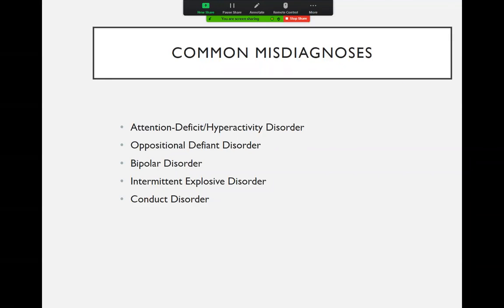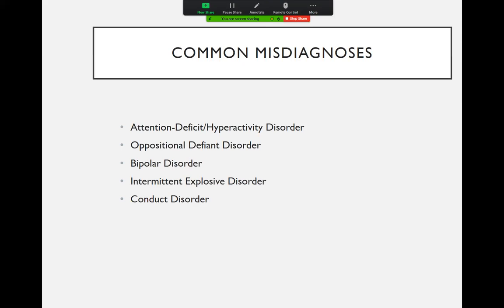But we definitely see different reports from families related to medication for ADHD. Oppositional defiant disorder. Many of the children with autism are diagnosed with an ODD disorder, and many of those are given that diagnosis because of more of a communication issue as opposed to an actual, truly oppositional disorder. If the child doesn't understand what you're asking them to do or does the last thing you hear, like when you say don't run, well, they heard you say run and guess what they did? They ran. And folks will take that as being oppositional when it truly is just a manifestation of their autism